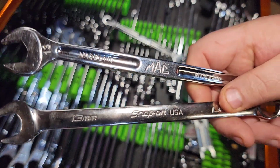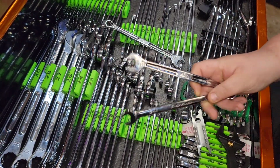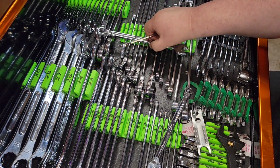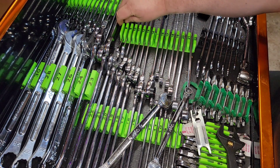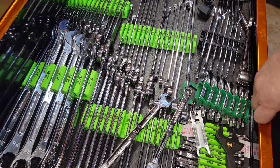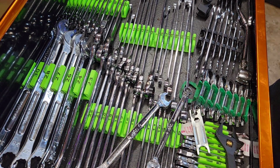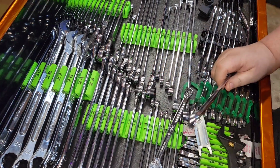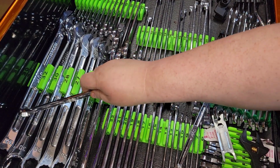But I want you to just look up close. You can tell the difference in the chroming. I'm not knocking on Snap-on wrenches, but I will say this. Snap-on USA made wrenches are obviously up against a ginormous task here. When you're getting a wrench set like this, which I bought all the way up to 32 millimeter,